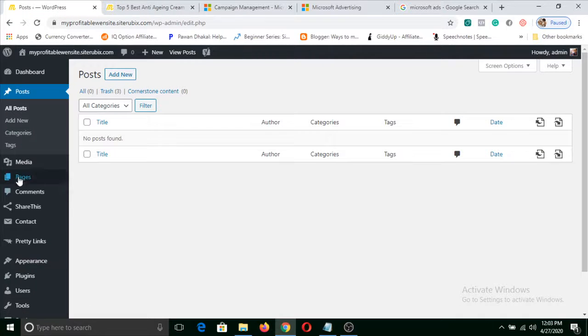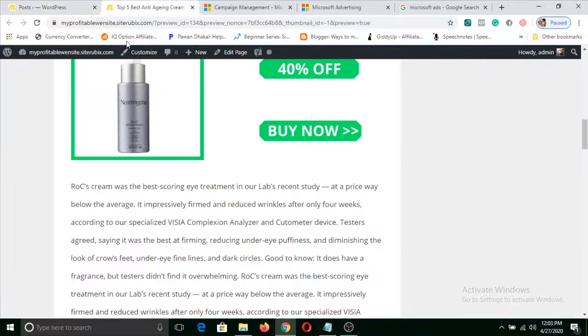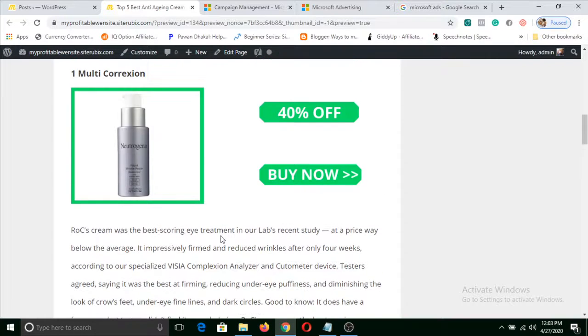So we'll make up to 5 posts by hiring a content writer. Once you run ads, you will start to see some sales, and then you can reinvest those profits that you start to get from your campaign and hire a content writer, or you can write it yourself if you can.